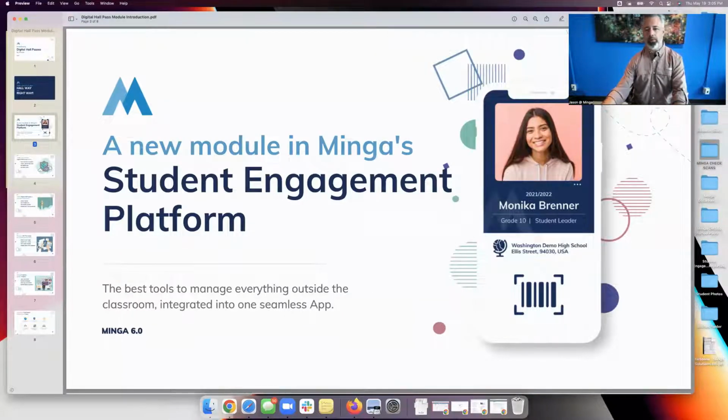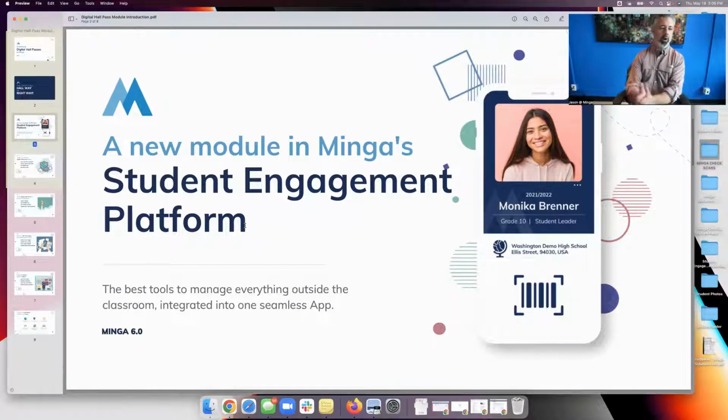So a quick overview on our student engagement platform as a whole: the Hall Pass is the latest module in our student engagement platform. And the Minga student engagement platform is your one-stop shop for everything outside the classroom. So built on the foundation of our digital student ID module,